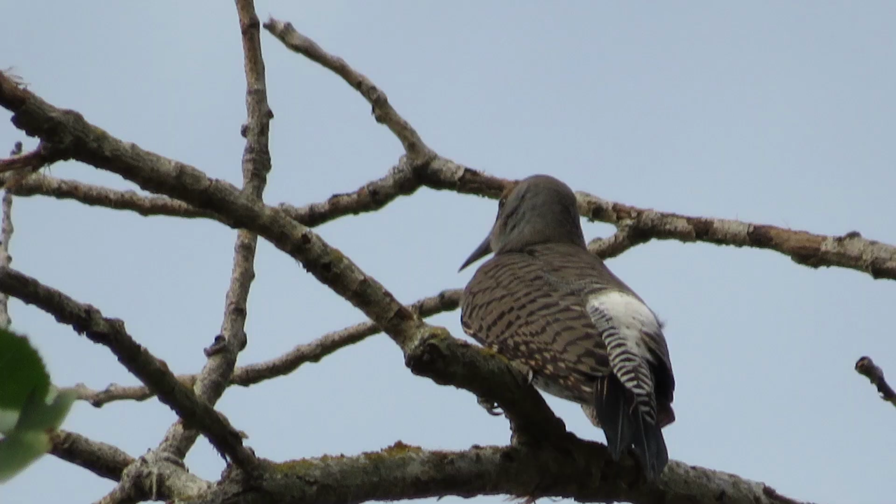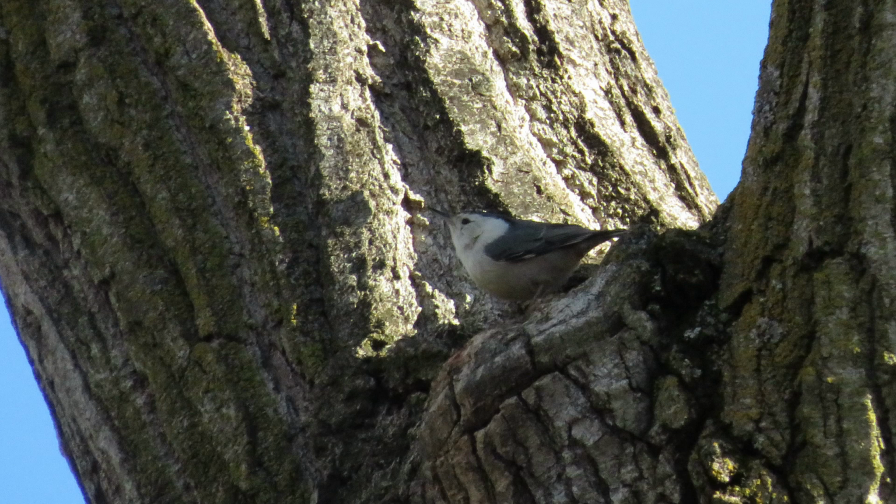There are definitely flickers flying overhead. I believe they're northern flickers, and they're basically everywhere in this area. There's dozens upon dozens of them in the trees, and you can hear them calling a lot as you walk through the forest. So eventually I walked about as far up the canal, or creek if you want to call it that,